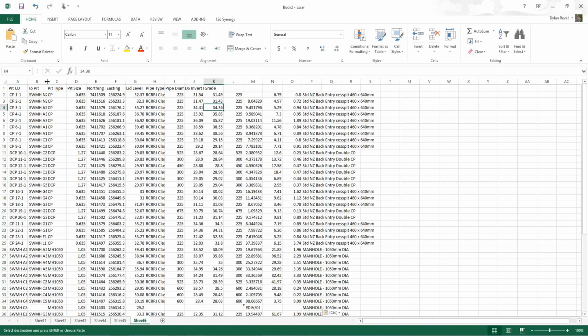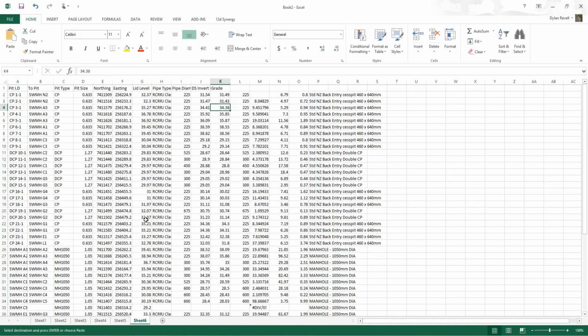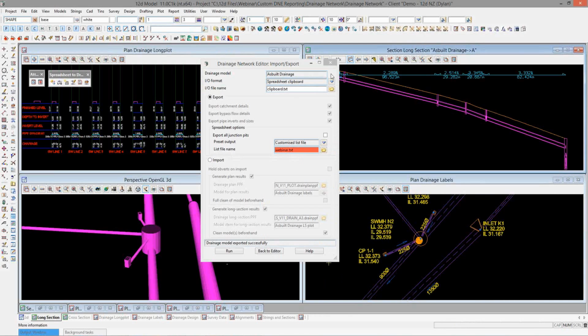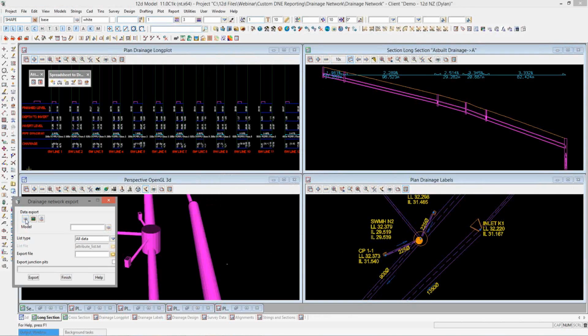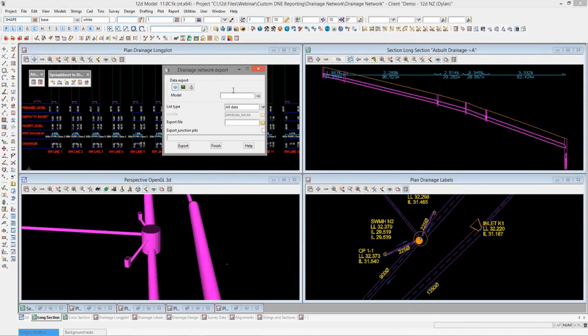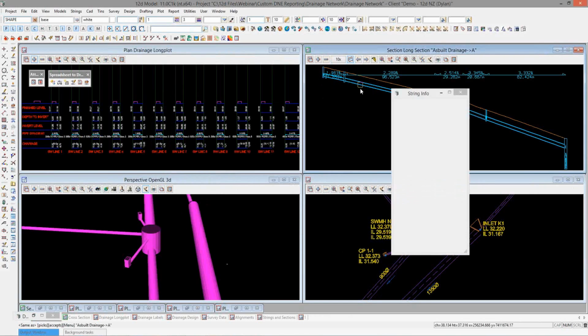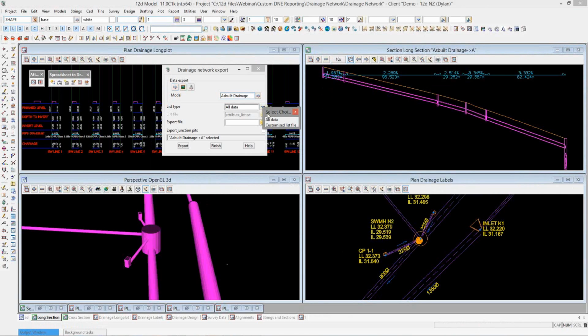So I think you can see that there's very, very flexible ways that you can actually create your own custom reports out of 12D using this import-export initially from the Drainage Network Editor. But you don't have to do it from the Drainage Network Editor itself. There is an item on the Drainage toolbar on the stock standard 12D install that's called Drainage Network Export. And if I fire up that operation, very similar, but it's independent of the Drainage Network Editor, where I can just specify the model that I'd like to export, how I'd like to export it, either an all data or a customized list file,